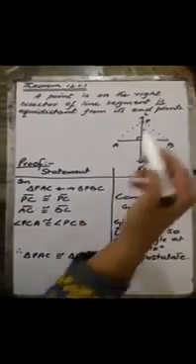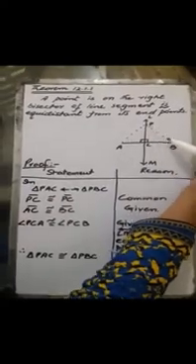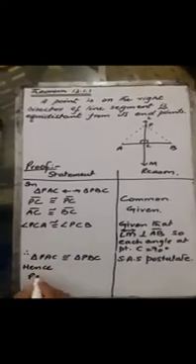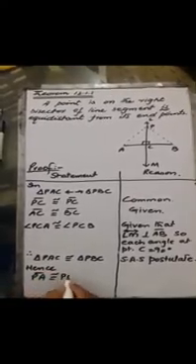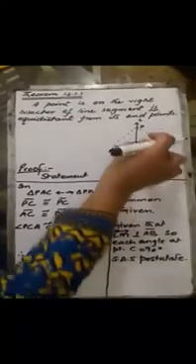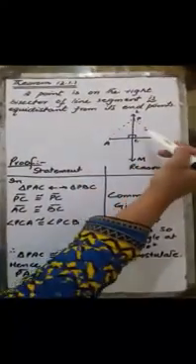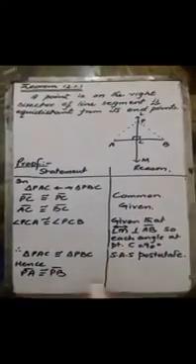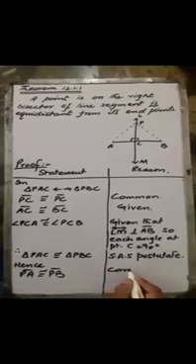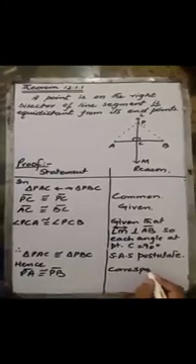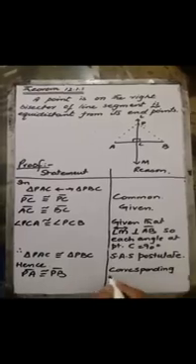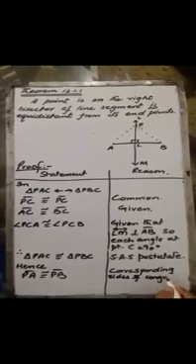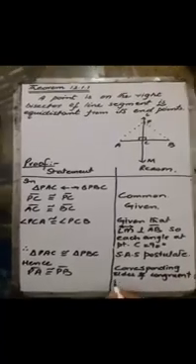Now what was our requirement? Our requirement was PA is congruent to PB. We can write, hence, PA is congruent to PB. Why can we say that? Because now these two triangles are congruent, so all the corresponding angles and sides are also congruent. We can write the reason: these two are corresponding sides of congruent triangles.